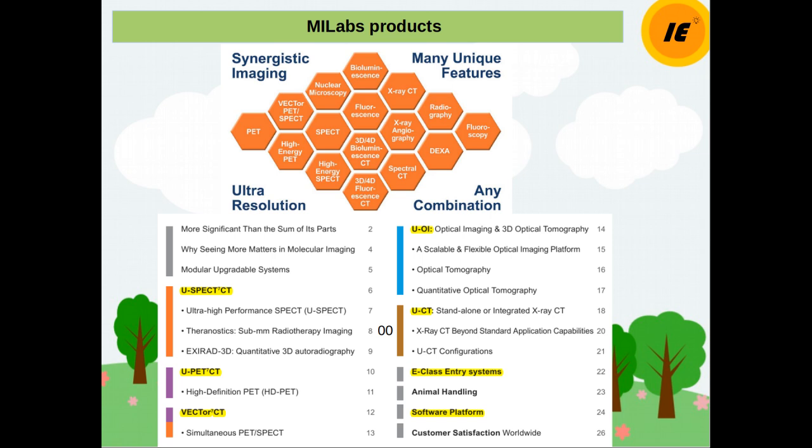You can do fluorescence, bioluminescence imaging. Nuclear microscopy is actually most probably about using their collimators. All their products come with a range or series of different collimators. Depending on the isotope and the type of study that you want to do, you want to choose an appropriate collimator. And nuclear microscopy is a fancy word, of course, and basically